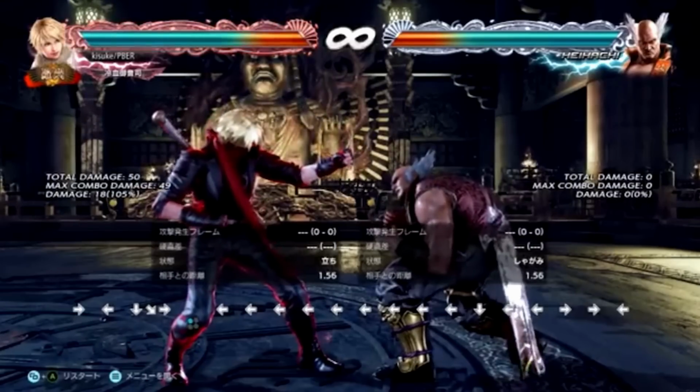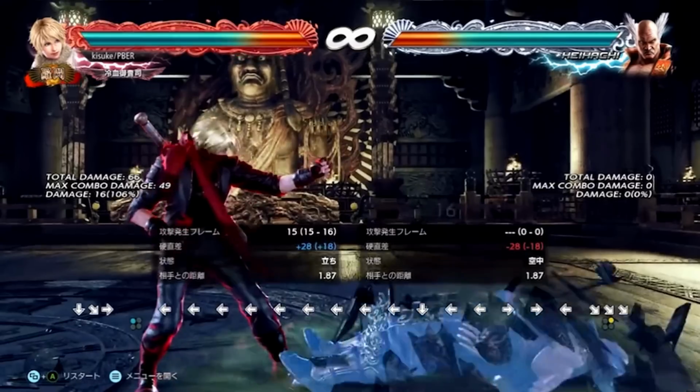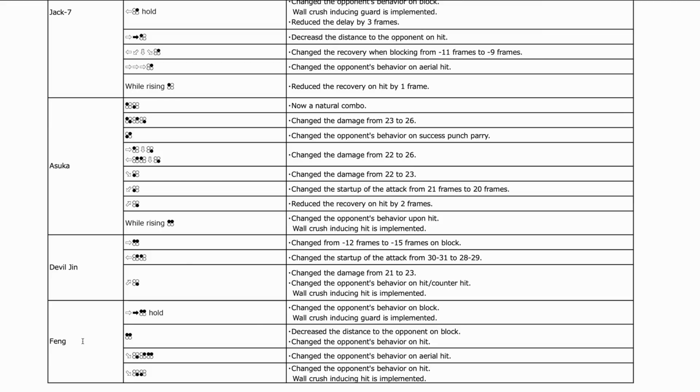Nee right now has been playing spectacular. So seeing all of these characters get brought down and Fang kind of maintaining his position for the most part, it's going to be interesting to see how this Tekken World Tour unfolds. It says change the opponent's behavior on block. That's the wall crush. Decrease the distance to the opponent on block. So I'm guessing you'll be able to punish this a little bit better. Change the opponent's behavior on aerial hit. Change the opponent's behavior on...